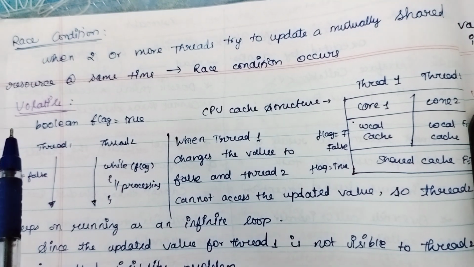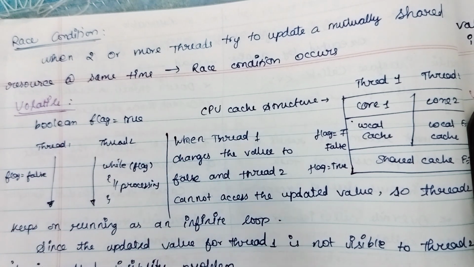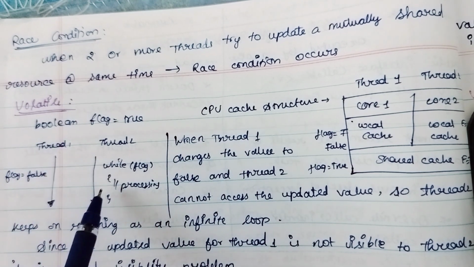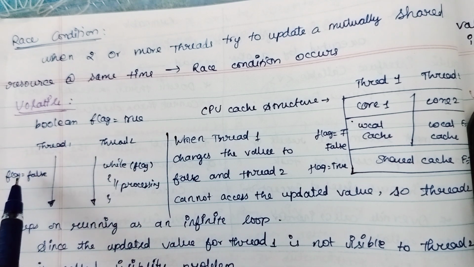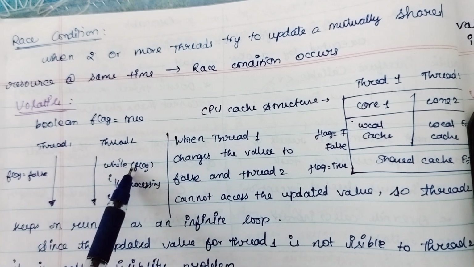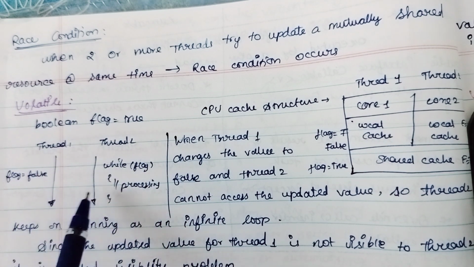Let's see what is meant by a race condition and how we can prevent it. Take for example, I have two threads, T1 and T2. They are sharing a mutually shared resource. Flag is a mutually shared resource here, and both the threads T1 and T2 are sharing the same mutual